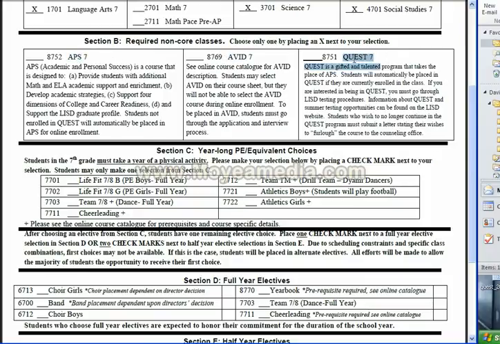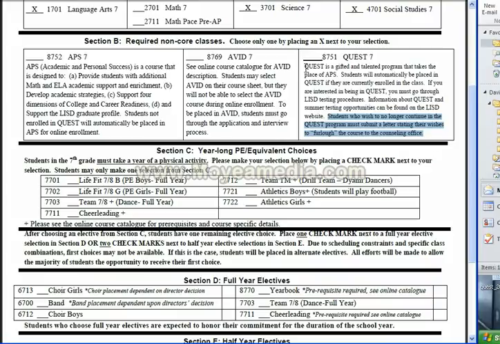Those students who are currently in Quest as a 6th grader will continue in Quest as 7th graders, 8751. You will automatically be placed in this class in the online registration website, so you can put an X here. If you do not want to be in Quest anymore, you can read about how to get out of Quest. And if you desire to get into Quest and you're not currently in Quest, you're going to do the summer Quest testing, and there's information online about